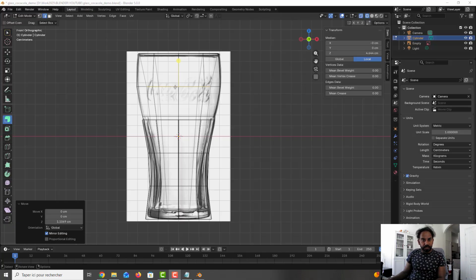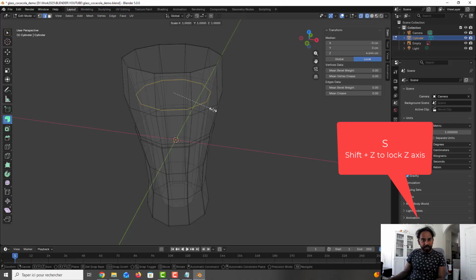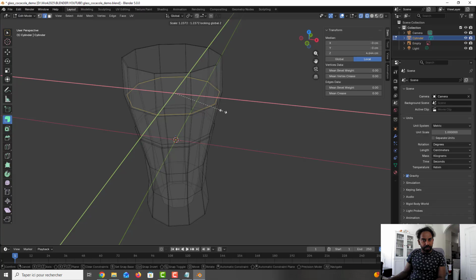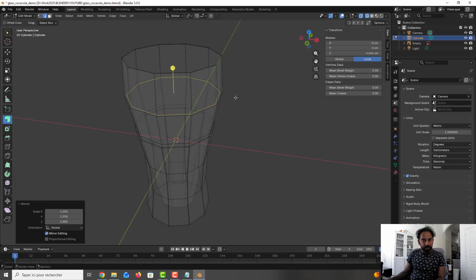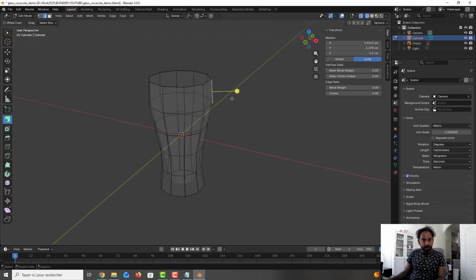Now it's there. I press S and Shift Z to constrain only in two axes. So I press S, Shift Z, and now I can constrain a little bit like this, so to be really close like this. Okay. Perfect. I go here,